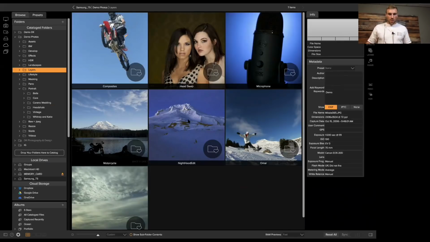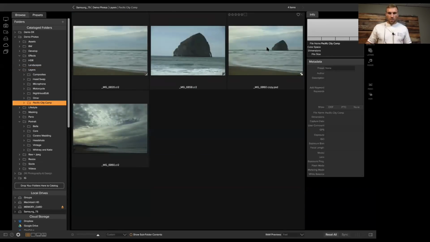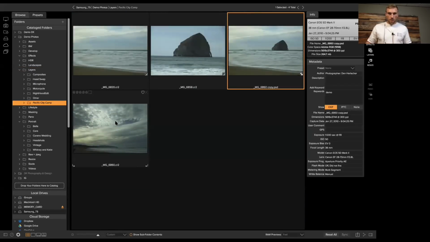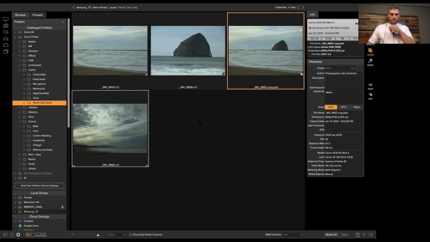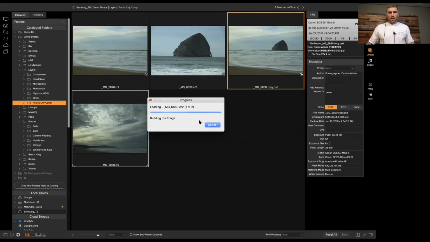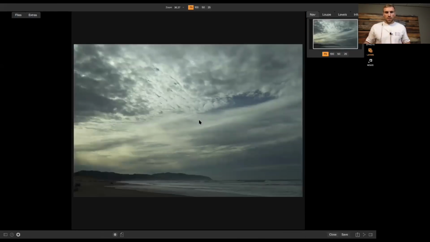Okay. So now that we have our layers photos opened up, we can grab our two photos that we want to composite, and we can head over to Layers. It's going to add these as separate layers inside of Photo RAW so that you can easily blend or mask or composite. So now that we have these two photos almost opened up in Layers,